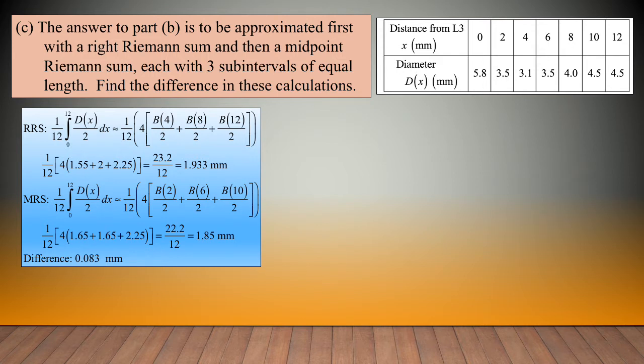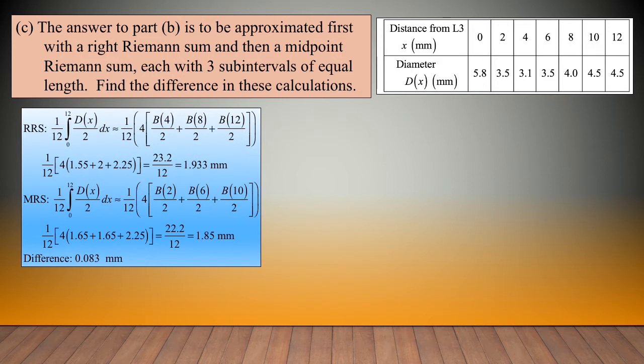We are interested in 1/12 the integral from 0 to 12 of d of x over 2 dx. That will be approximately equal to 1/12 times, we have to talk about our base times our height. Our base is always 4, and the heights will be d of 4 over 2, because we're interested in the radius, plus d of 8 over 2, plus d of 12 over 2. This gives 1/12 times 4 times 1.55 plus 2 plus 2.25. This gives 23.2 over 12, or